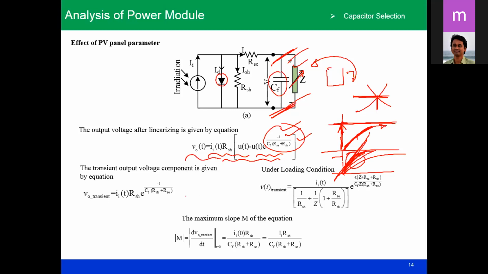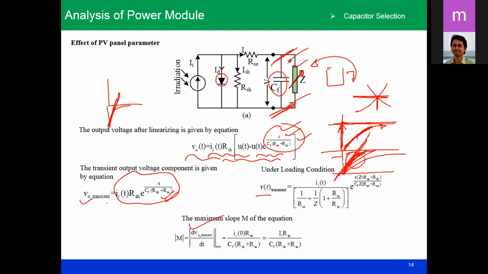So what I did, I have taken only the transient portion, and I have taken a derivative of the transient portion. Why derivative? Because the derivative will give you the slope. Let us say I have a slope in this particular direction. I want to find out the maximum slope for a particular curve. So I have to take a derivative, and if I take a derivative of it, you will get this.